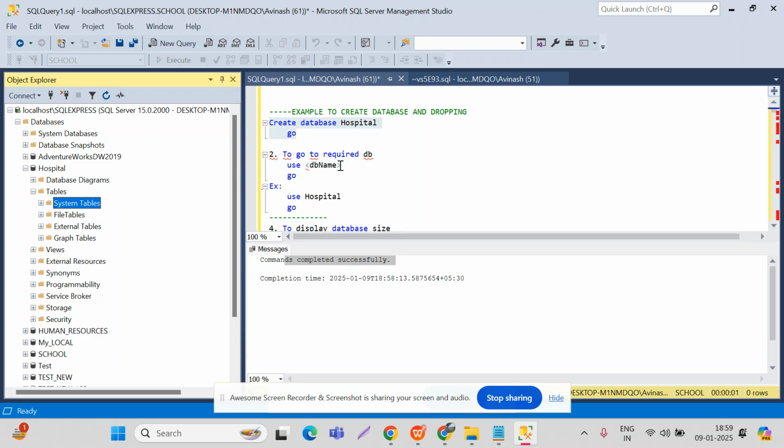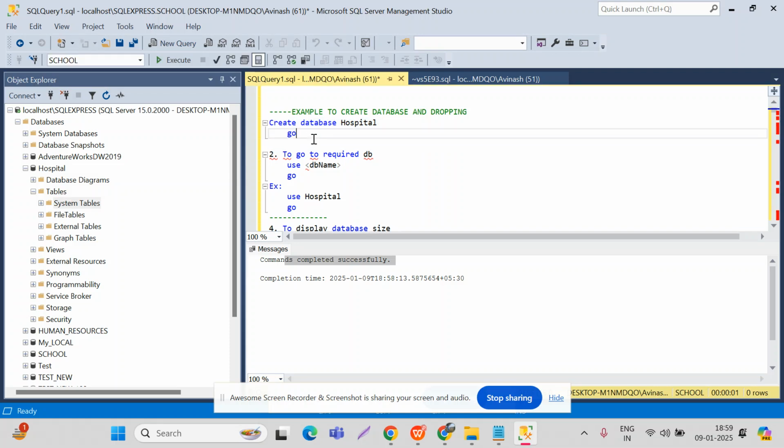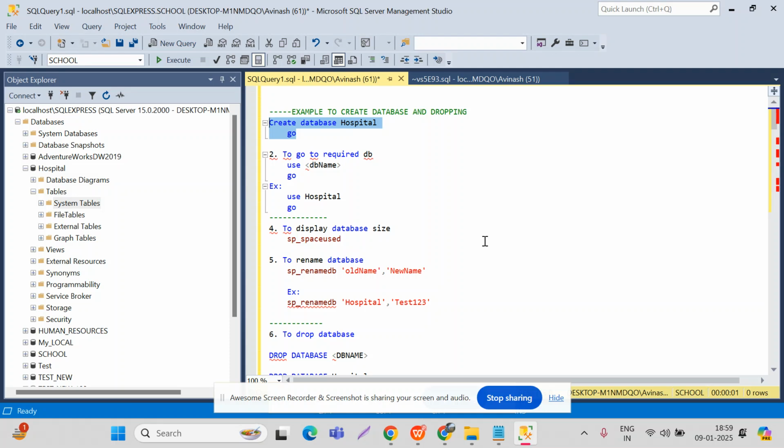Okay, so I just showed you an example of how you can create your own database before getting started with the creation of tables or anything. Okay, you guys understood? Okay, and let's